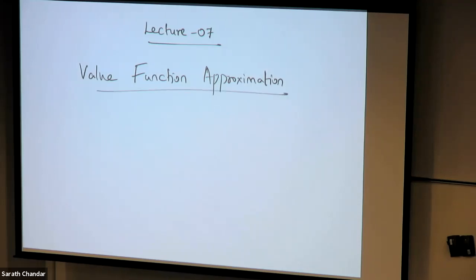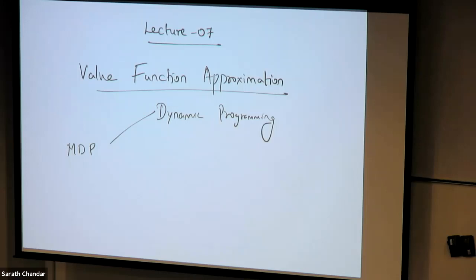Now, a quick recap even before that. We discussed many solutions for solving reinforcement learning. First of all, we pose reinforcement learning as a Markov decision process. Once you have the MDP, if you have access to the model of the world, like the dynamics function, then you can use methods like dynamic programming. But if you don't have access to the model of the world, then you have to learn the value functions instead of trying to estimate them from the dynamics function.